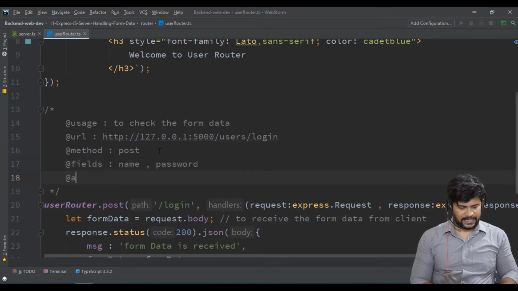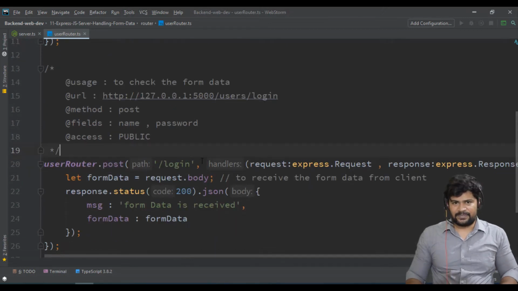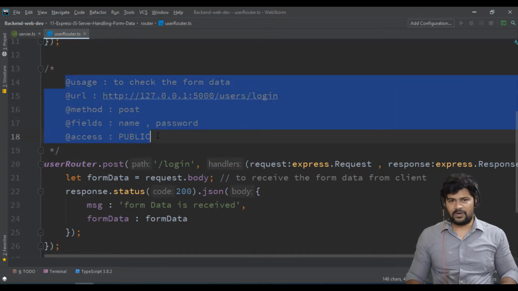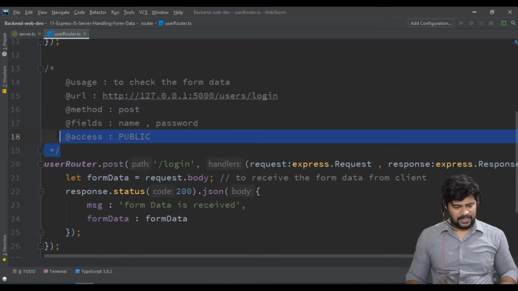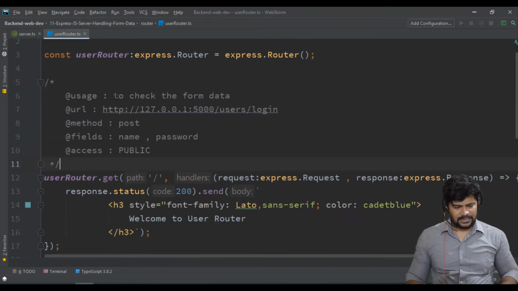And one more is there, access, that is public access. I'll tell you about private access also in the coming examples. So access: anybody can log in, so that's public access. If you take this type of information for every route, it will be very helpful for you to test and even understand the flow. Okay, fine, let's copy this. And what about this one?